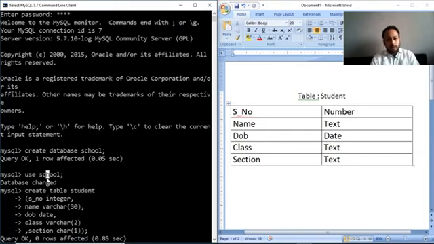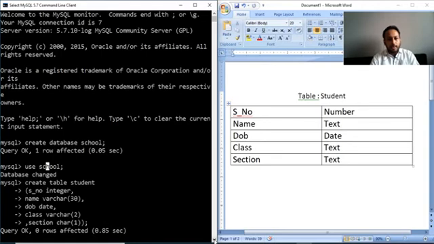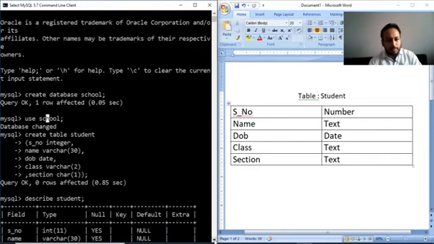It means we entered in a database. Then we have to create a table. Create table student, serial number, name, date of birth, class, section with all its data types. So data type means the type of data which you want to enter in that particular column. Okay, I think all of you understood.